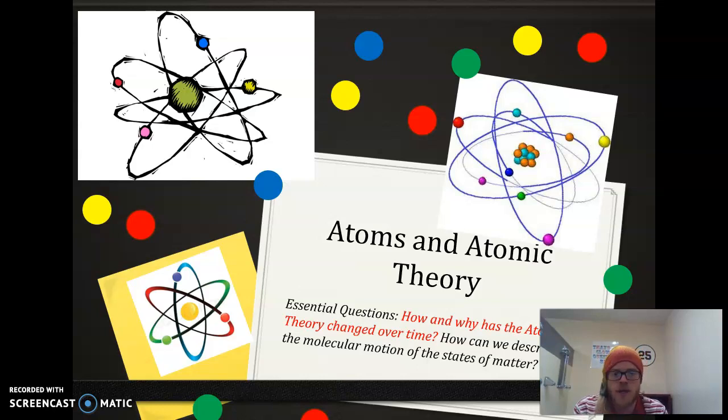So, starting off, take a look at our essential question. How and why has the atomic theory changed over time? How can we describe the molecular motion of the states of matter? All right, so